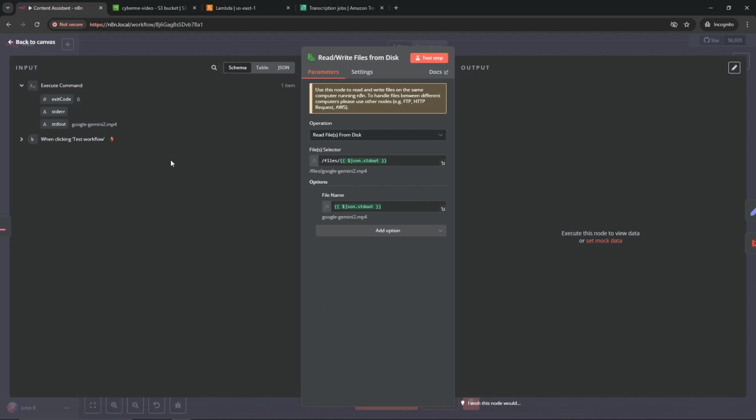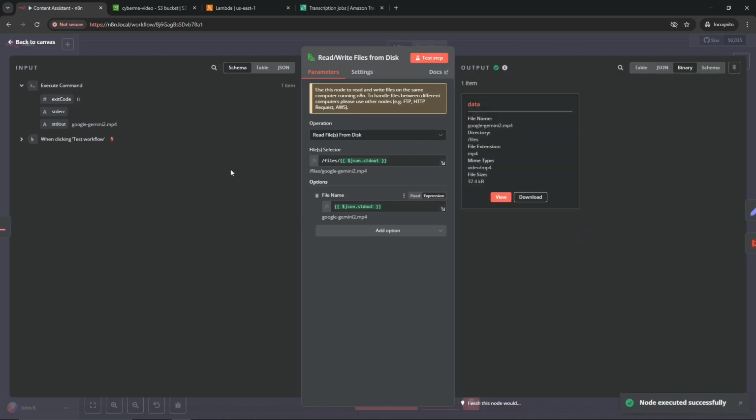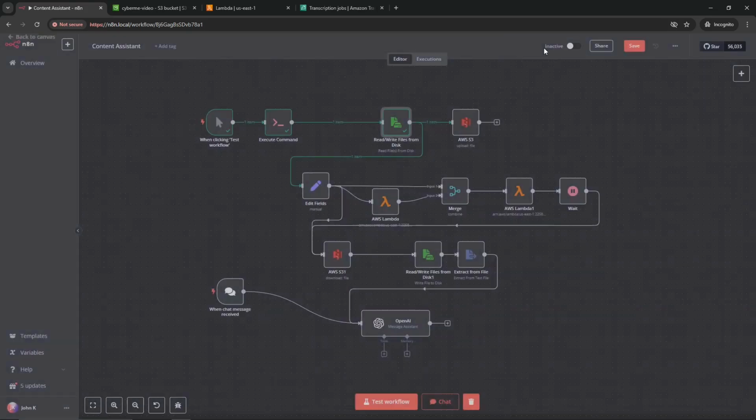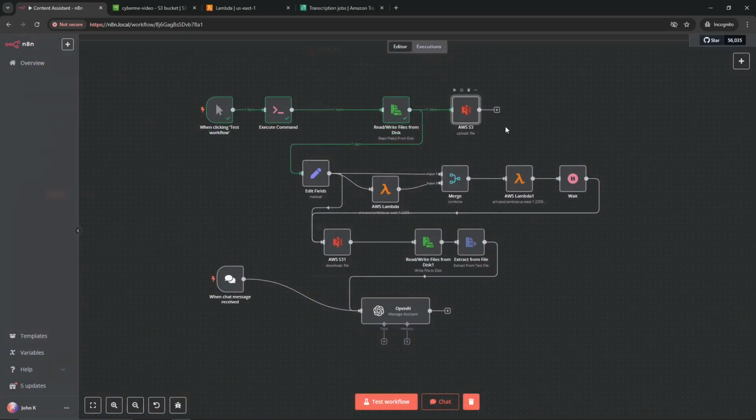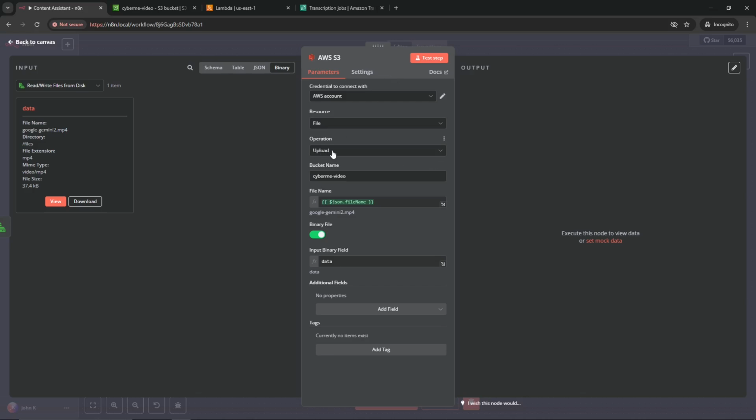The next one, we're going to run the read write files from disk. What that's going to do is we're going to pass through this JSON right here, for the file selector, and then down here at the file name, and that's going to read out the Google Gemini 2.mp4. And it's going to get that and pass it through the AWS S3 node, and that's going to allow us to upload it to our CyberMe video S3